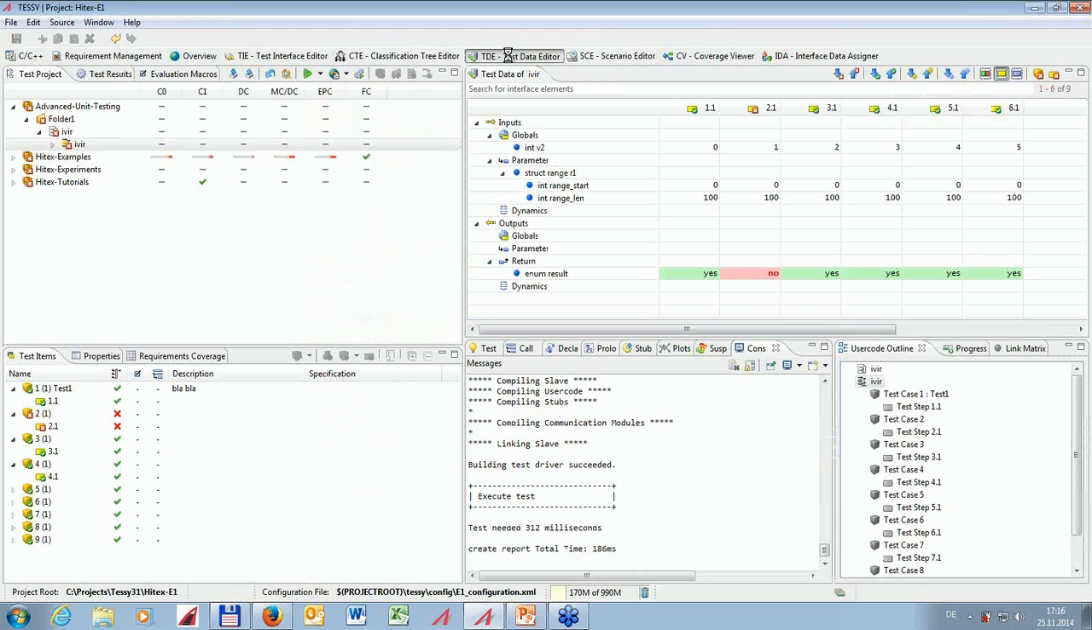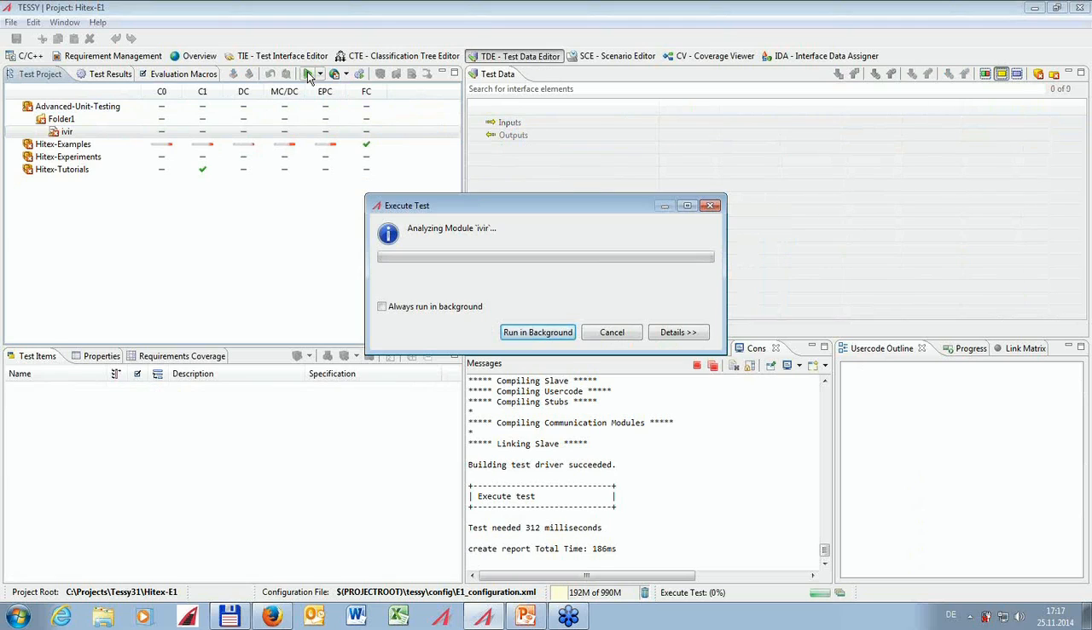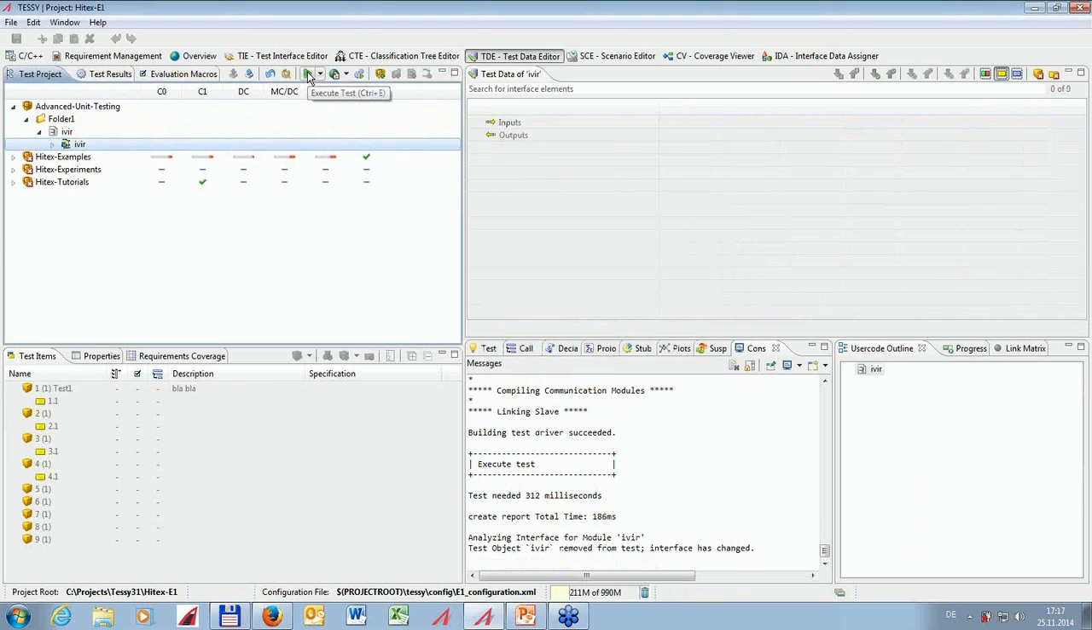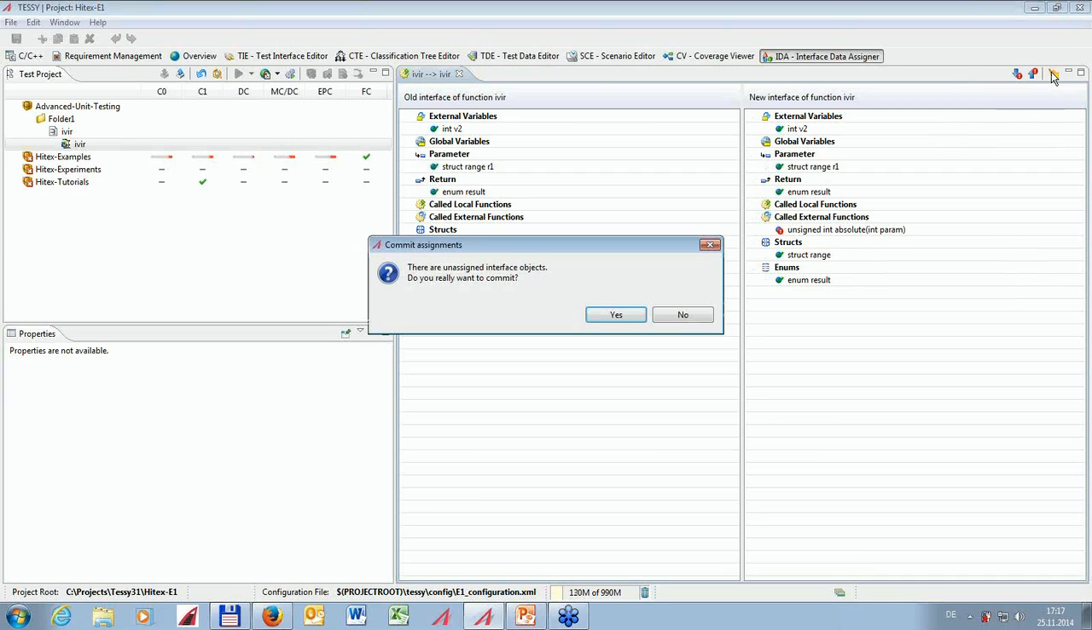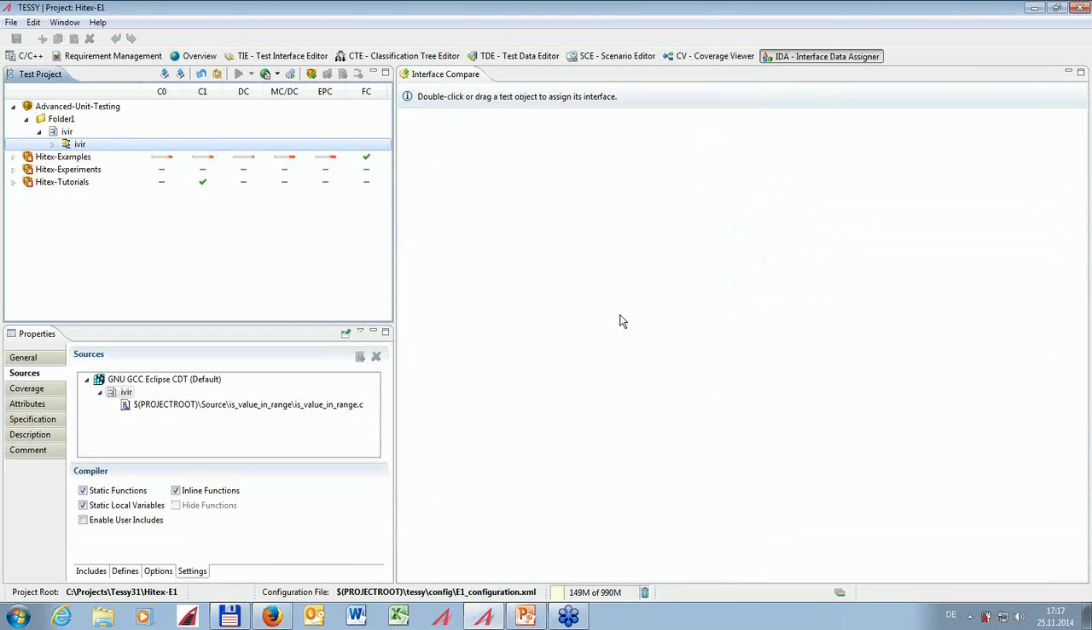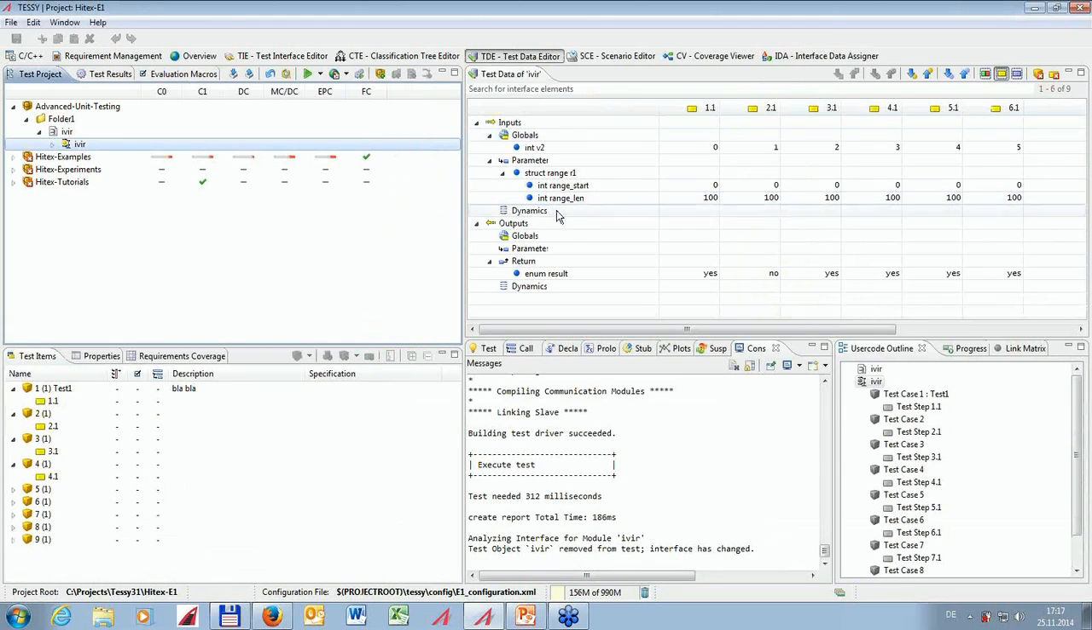If I go to the test data editor, it looks good, and I can try to execute the tests, but it will not work. First of all, TESSY has again identified that the interface has changed, and if I go to the test data assigner view, I see that the problem here is that now an external function is identified. I can say, okay, I know this, that's okay for me. I commit these changes, and now I can go again to the test data editor and